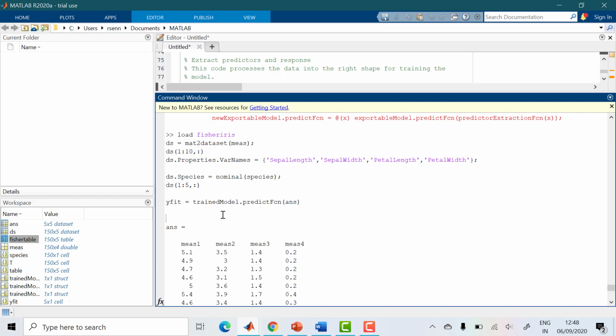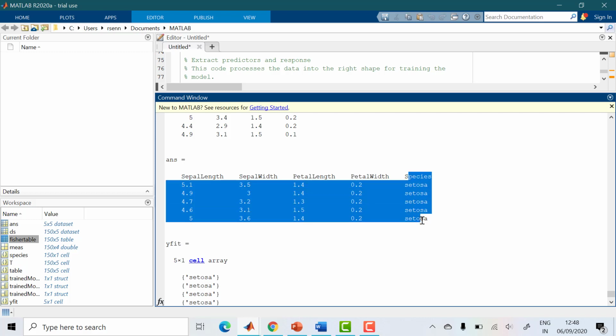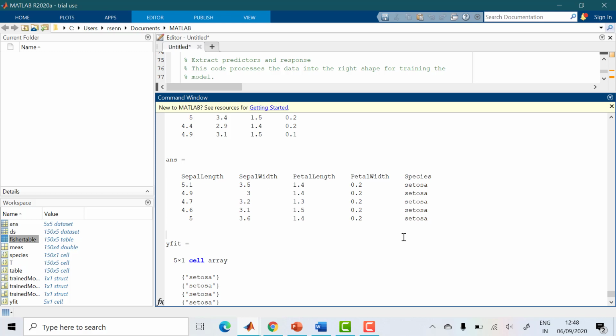The actual command is trainedModel.predictFcn(T). Once I give this, it shows all my data is classified as Setosa, Setosa, Setosa. So the classification is good. If you change the training data set with other sepal length and sepal width, you should change the species name. This is how we train and test it.